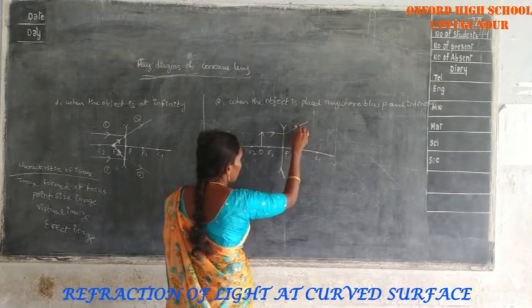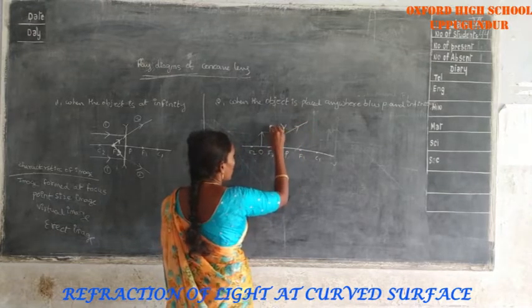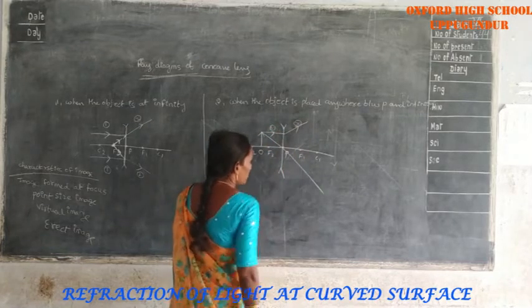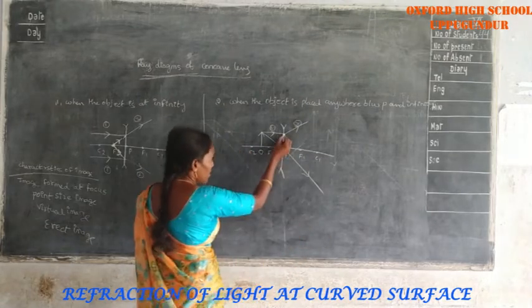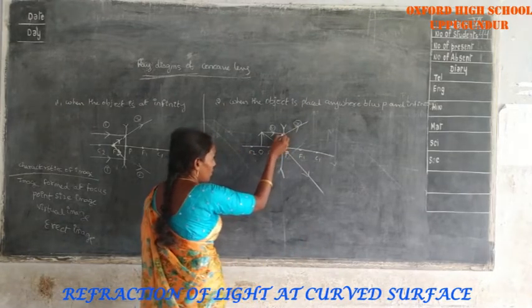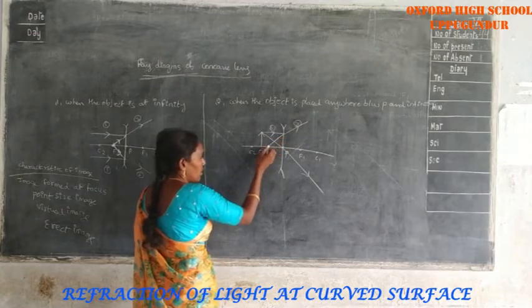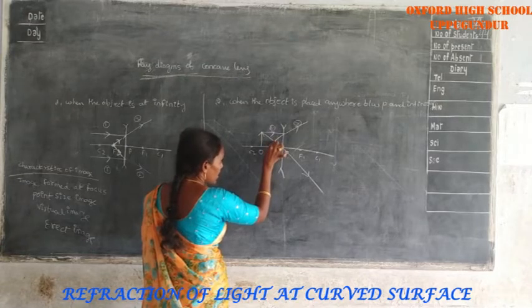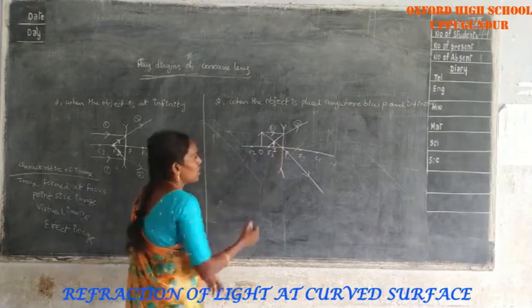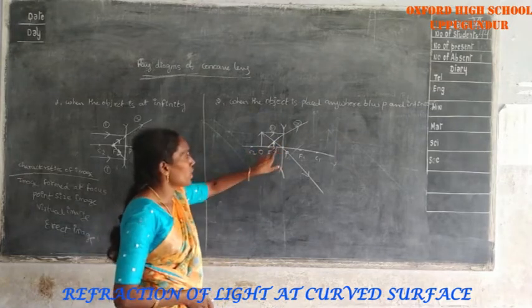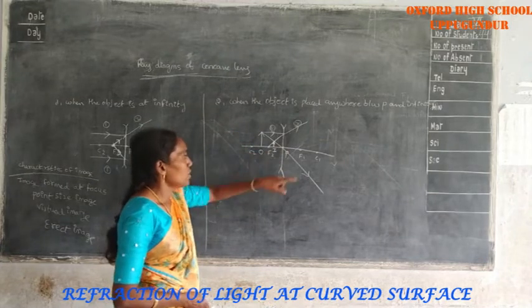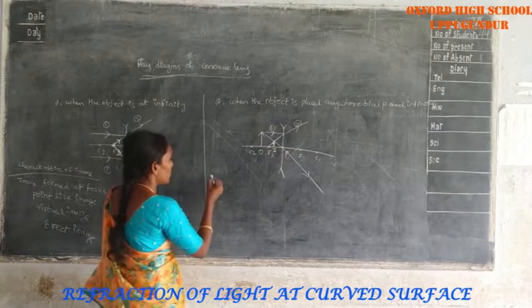After refraction, the refracted ray bends away from the normal. The second light ray, which passes through the optic center, does not deviate. This refracted ray is extended backward and passes through the focus. The two rays meet at a certain point. Draw a straight line from this point to the principal axis; this indicates the image. The image is formed between pole and focus.